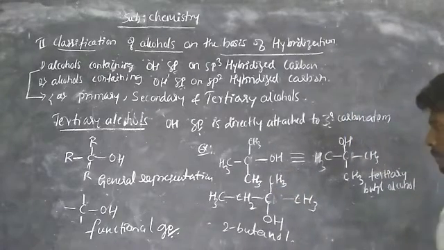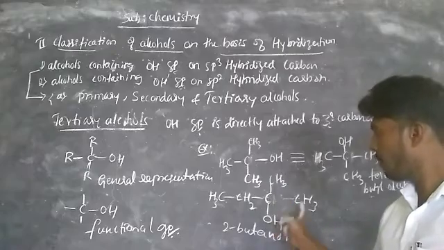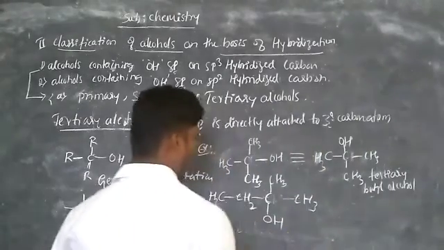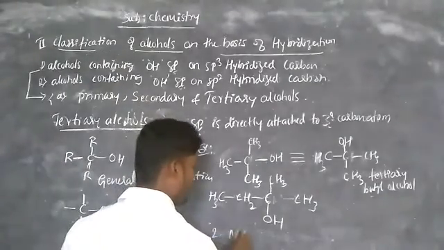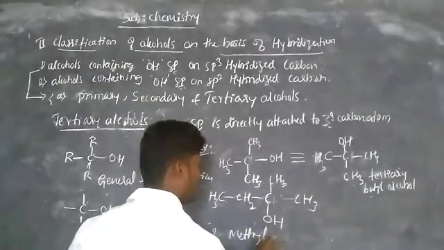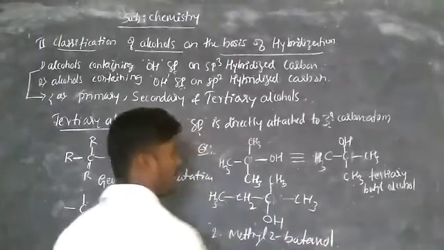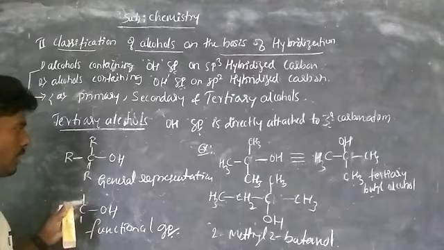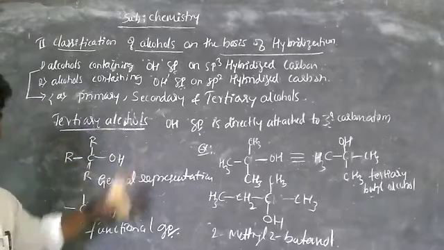What is its name? 1, 2, 3, 4. 2-methylbutan-2-ol. This is the IUPAC name. So these are the examples, definition, and general and functional representation of primary, secondary